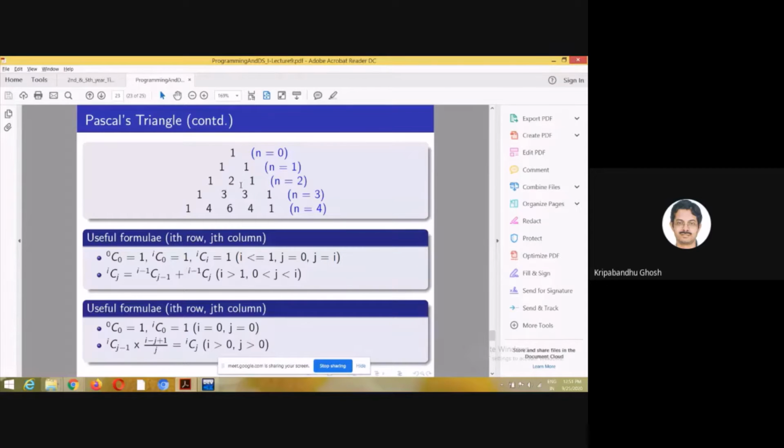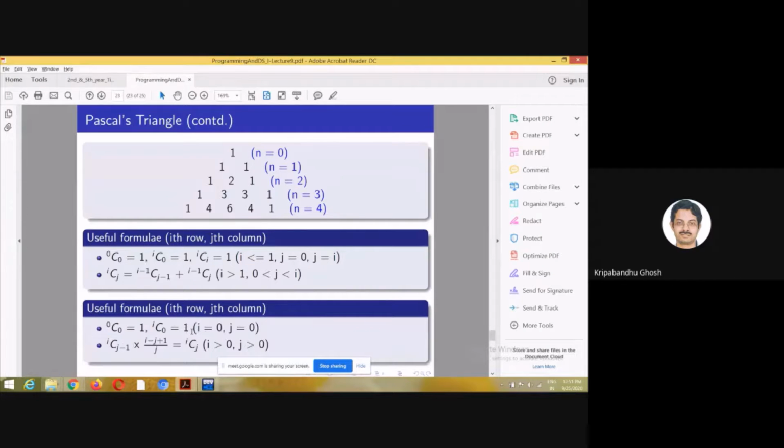So in this case, I use i minus 1, and from i minus 1 I sum up. This is a particular instance of j. So this is 0 and 1, and we are looking at j equal to 0 here. This is i minus 1 Cj minus 1 plus i minus 1 Cj. This is the expression you can use, or you can use something else.